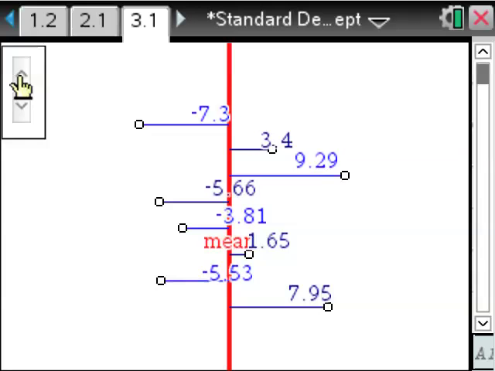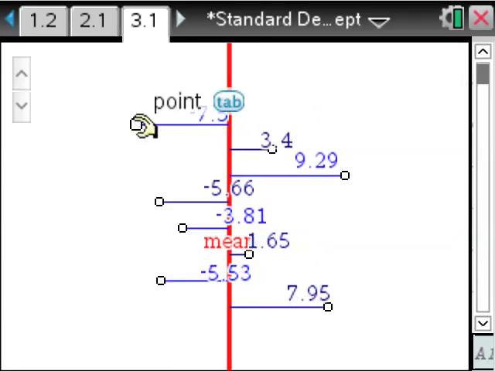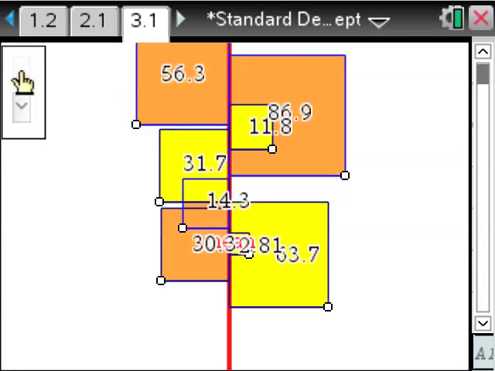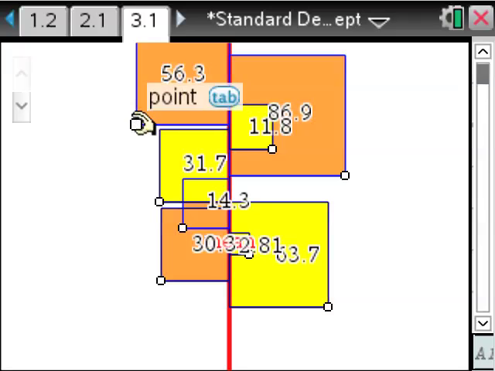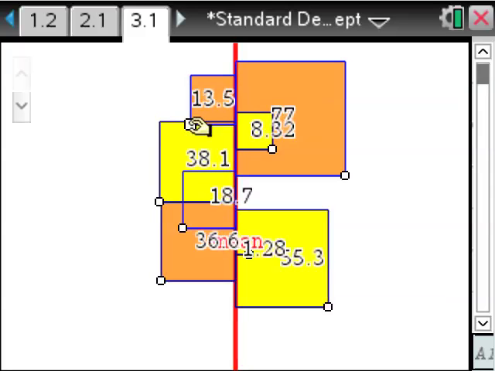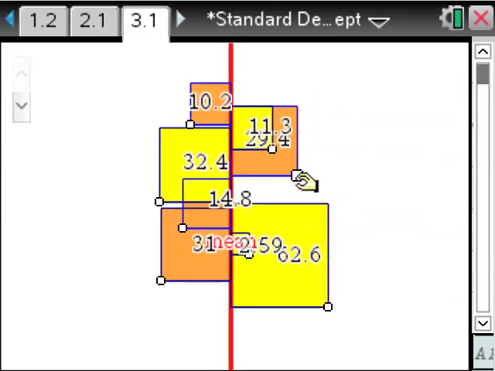I can look at all the deviations. The ones which are pale blue are to the left, and it's just an attempt to alternate the different colours so you can see them all separately from each other. And then you have the squares of them all, and obviously the objective is to be aware that you can change the values of the squares, and so this is leading into ideas of variance and why we